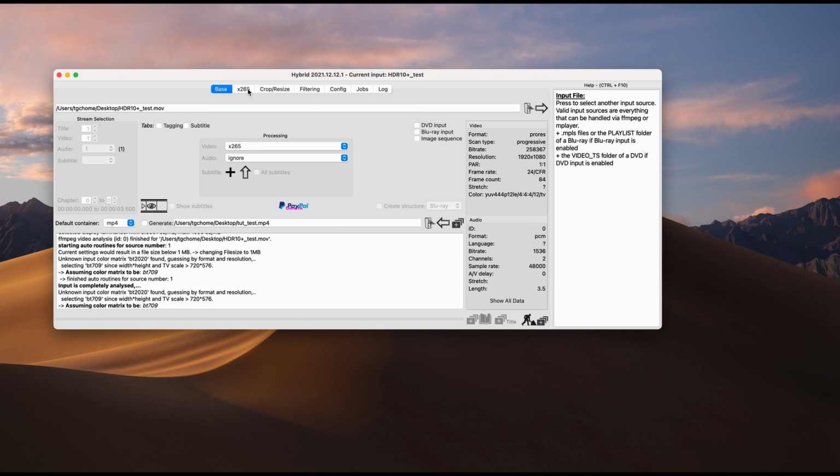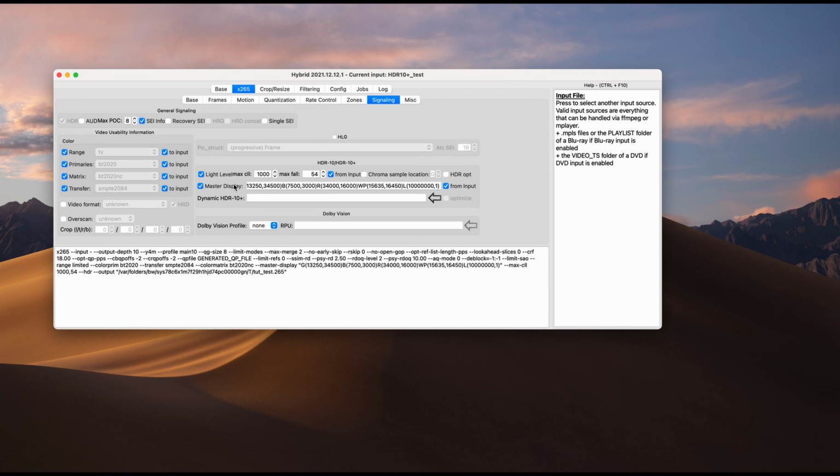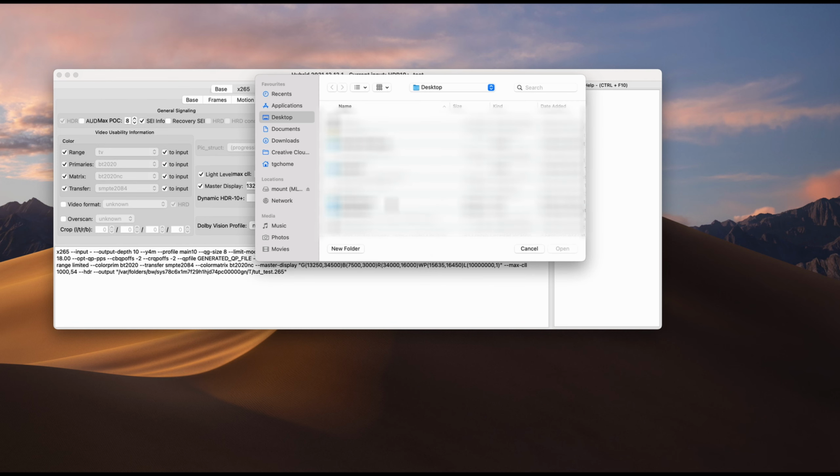Now the most important part is really this tab, the X265, which is what you'll be encoding it into, which is essentially H265. The most important part here is the dynamic HDR10 Plus dialog. So you'll want to load, this is the place you'll want to load the JSON file into. So if we click on this tab here, on this button here, and I